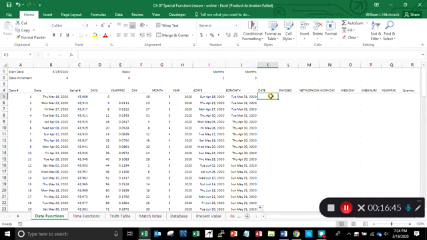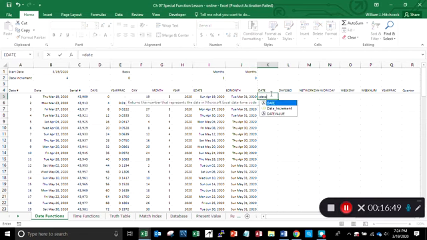For the date function, if you type in equals date, parenthesis, the date function uses a year, so I'm going to go back to my 2020, comma, the month, comma, and the day. So what I can do with that then,